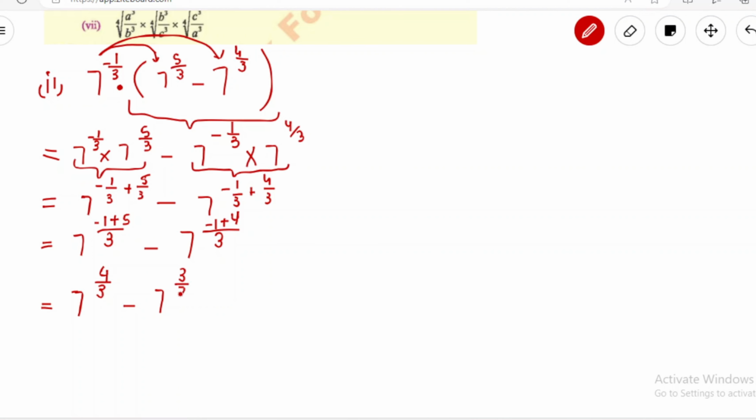And what we know is that this exponent cannot be simplified, because the numbers are not divisible by a similar number, or they do not have a common factor. But this 3 and 3 both have a common factor, which is 3: 3 times 1 is 3, and 3 times 1 is 3. So it will be 7 raised to the power 4 over 3 minus